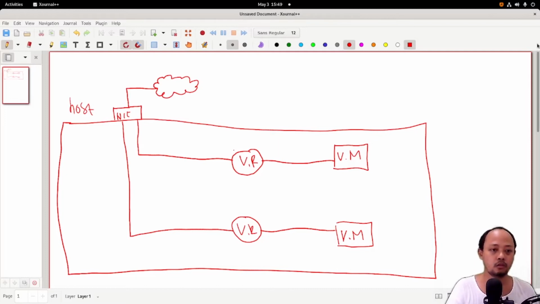In the VirtualBox network setting, we cannot find the setting for this virtual network. So the host cannot ping the VM, and the VM can ping the host, and the VM can also have access to the internet.